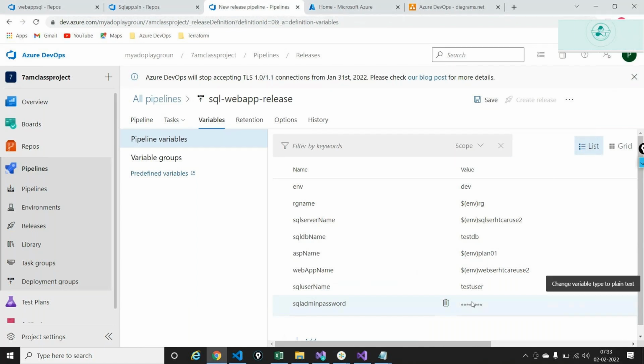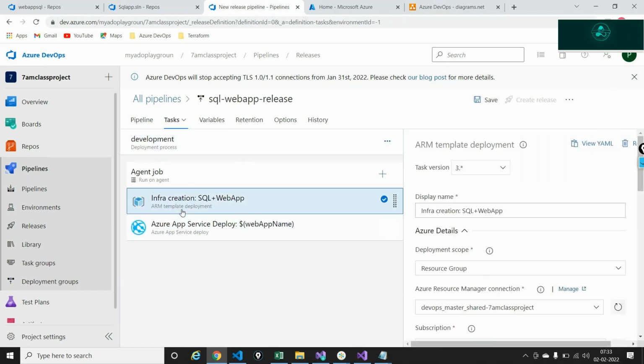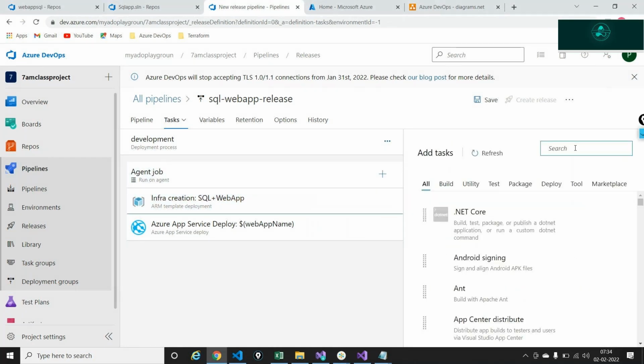And finally, one thing that I haven't done is that in the first step, I'm creating the infrastructure. In the second step, I'm deploying the code. So this is infra, this is code, but I also have certain SQL commands to run, right? I also have a couple of SQL commands to go ahead and create myself a table and inject some data into it. Now for that purpose, the last step that I'm going to execute is I'll just type in SQL